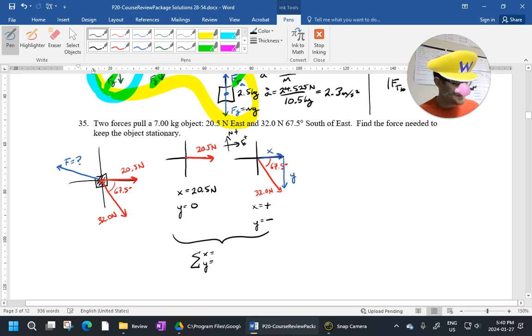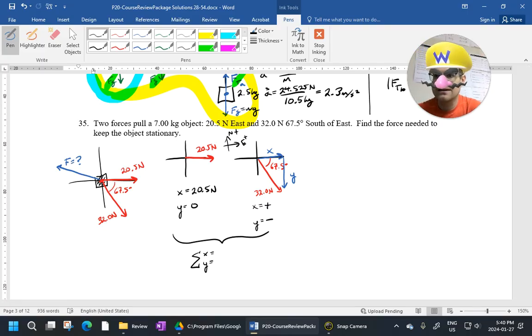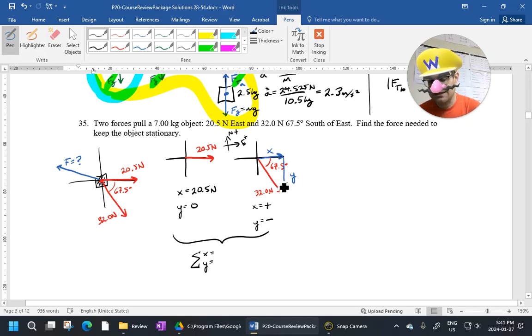It's kind of important because we're not using standard position angles like we did in the last questions. Like if you go back to kinematics, we actually have to kind of decode, because if I use sine and cos, I'm always going to get positive numbers if the angle is less than 90. So if I go 32 sine 67.5, you can see sine is the opposite of that angle, so that ends up being the y value. So you get 29.5